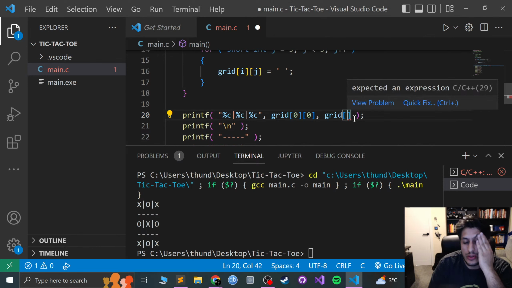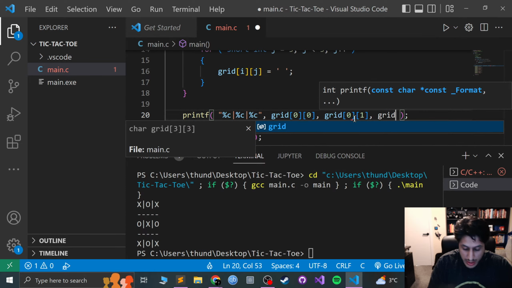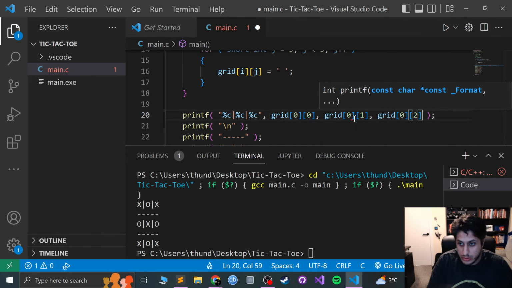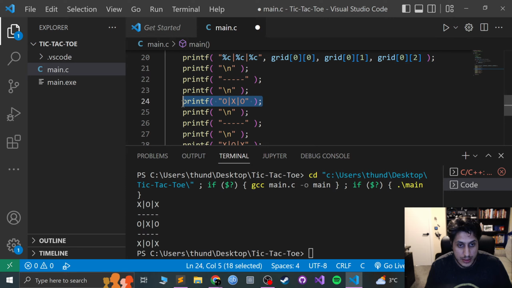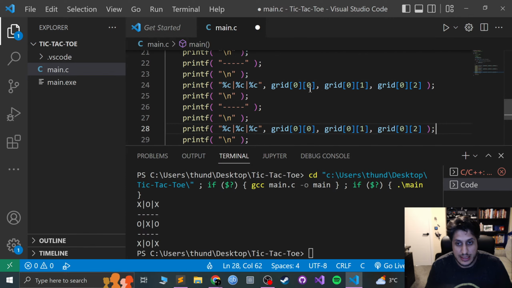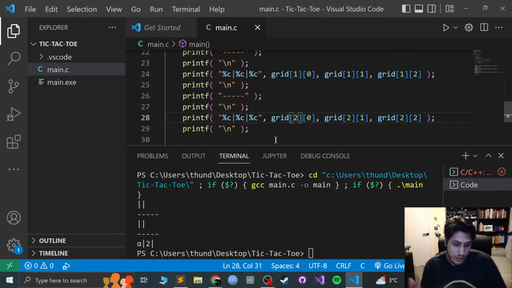So how we work in the grid, we're doing the first one as the row, then the next one as the column. So 0, 1, grid 0, 2. We'll copy that, paste it here and here, and change it in here. Put that as a 1, 1, 1, and a 2, 2, 2. Save. If I give that a run, we should just